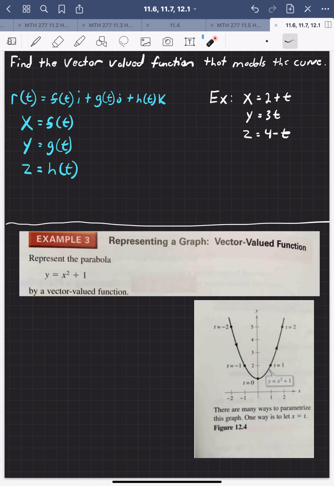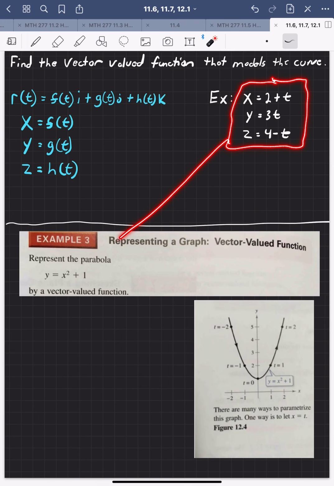So let me show you the game plan here. This R of t, this is what we're looking for. That's going to be the goal. Just let me restate that as we've already seen, the x models the f of t component of i, y the g of t component, z the h of t component. So I'm going to show you how easy it is. This game becomes really easy to find R of t if you have your equation in parametric form,